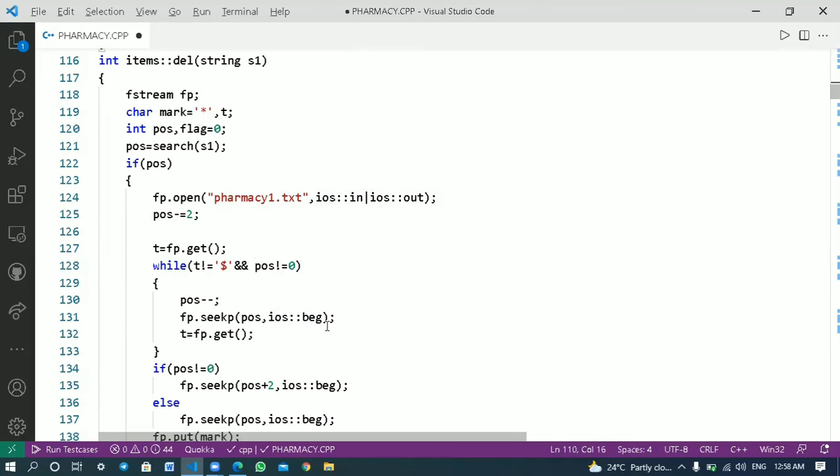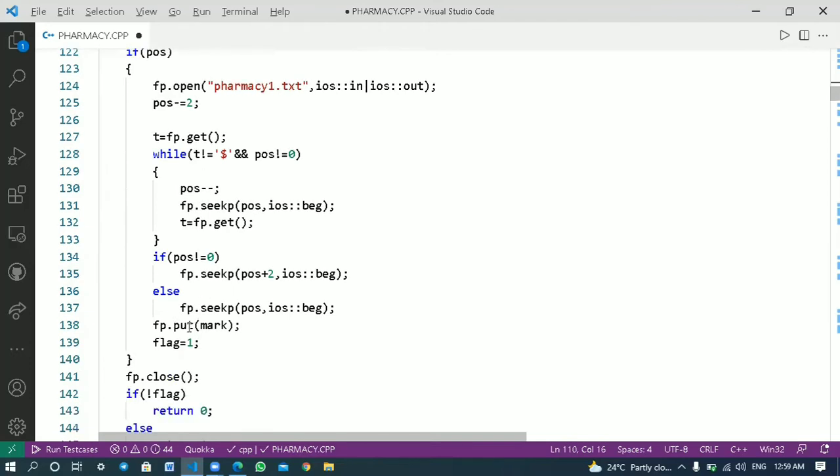The seekp is used to set the position from the beginning and t is equal to fp.get. If position not equal to 0, the seekp sets the position to +2, or else the put function takes a null terminated string as its argument and writes it to standard output and we assign flag equal to 1.